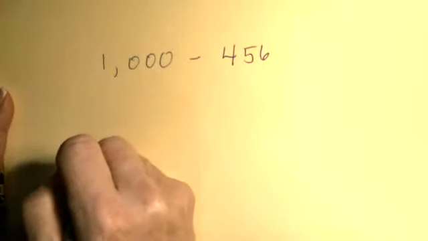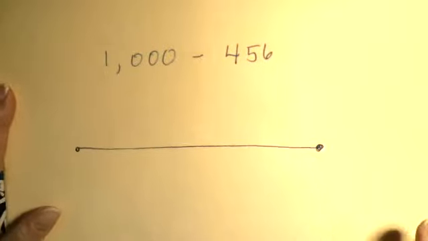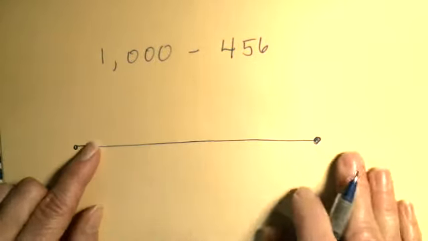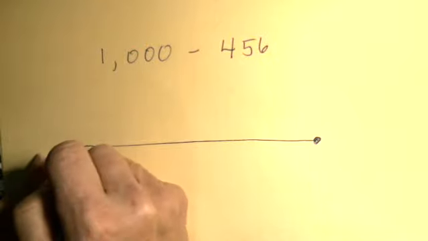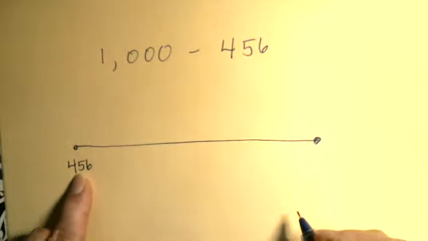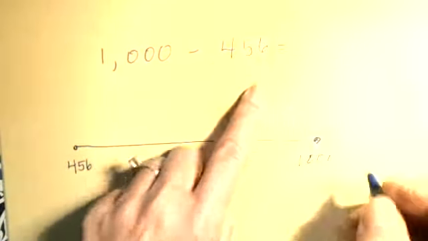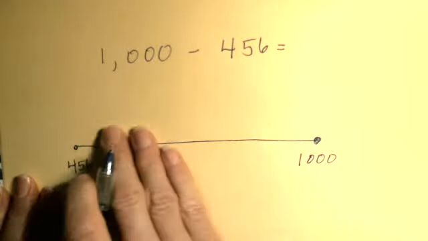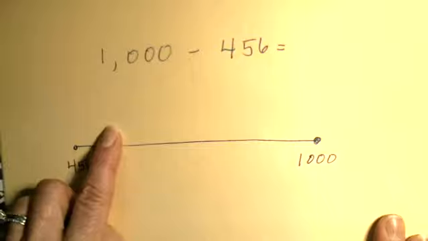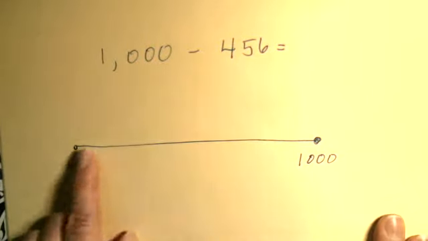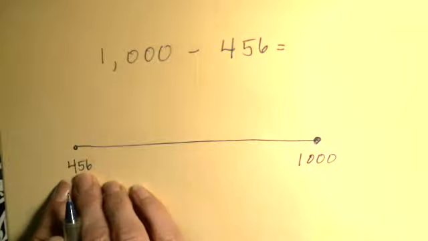is a number line. So if I have 1,000 minus 456, same problem. And this is going to be what's called an open-ended number line. I think counting up is easier than going backwards. What I mean by that is we need to find the difference between 456 and 1,000. That will tell us what the answer is. So I like to count up instead of subtracting from 1,000. I mean, this does say subtract from 1,000, but you can get the answer also from finding the difference between